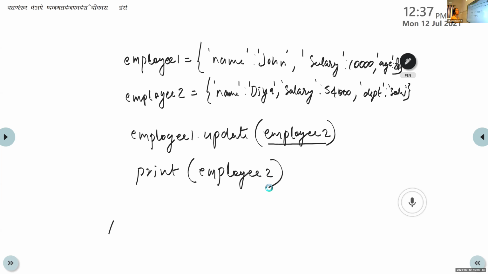Okay, Achyut. Ma'am, what is the output of print employee2? Actually, I have a doubt in this portion. Will the value of employee1 be changed, will the value of employee2 be changed after updation? After updation, I will explain. What about this employee2?